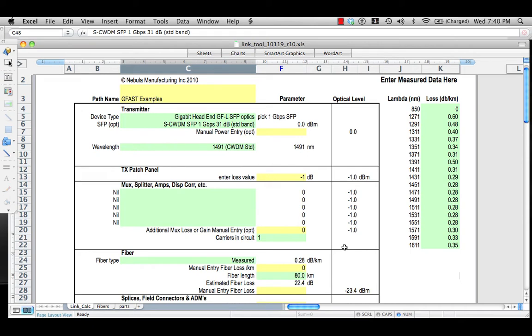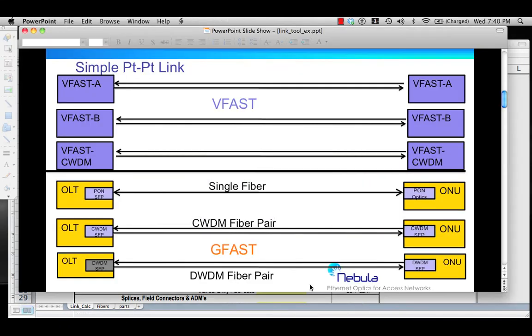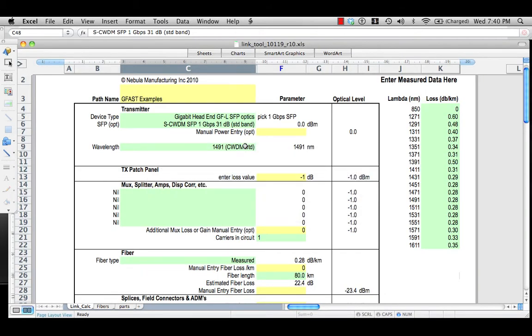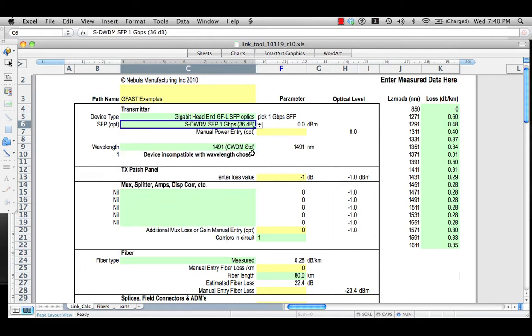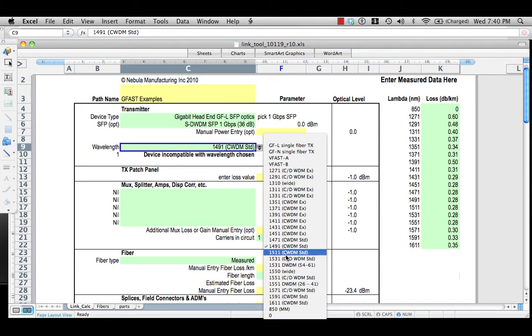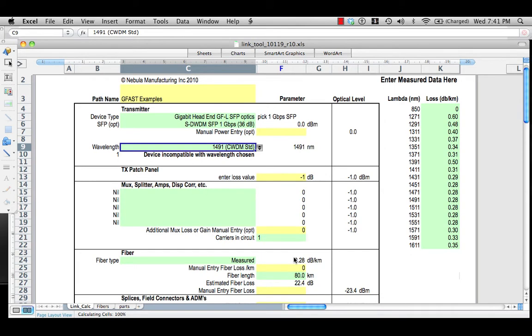Now what we're going to do is go and look at our list of, we were going to do a DWDM, so let's just do that here. So what we will find this time is that the DWDM devices, because they're still running at 1 gigabit and they have very high system gains, will go an exceedingly long way. Now that's the good news. The bad news is that they work in 1531, 1551, and 1571. You'll see that CWDM and DWDM, so that's coarse WDM and dense WDM, for those frequencies. So we will pick the 1531,